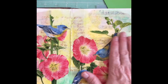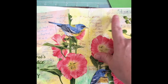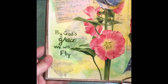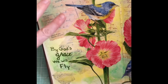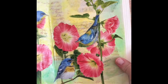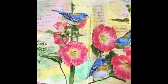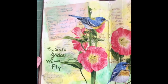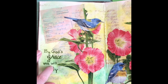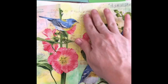So I gessoed the background, put some stamping, and I put some music pages back there, and some mixed media pages that I had, and then I cut out the birds and glued them down, and then I used gelatos to color the background, the greens and the yellows, to kind of put the color in there, and then I just used a gel pen to write the words, and I used some drywall tape because this is where the sewing was in this signature,